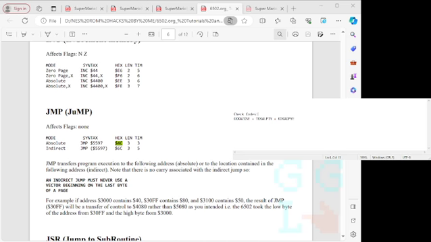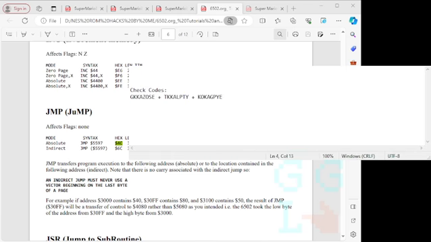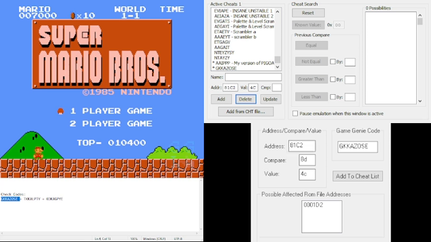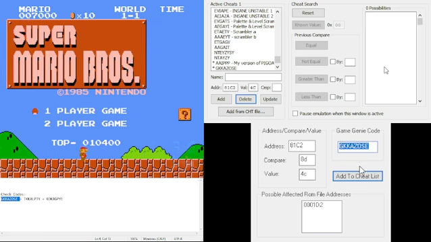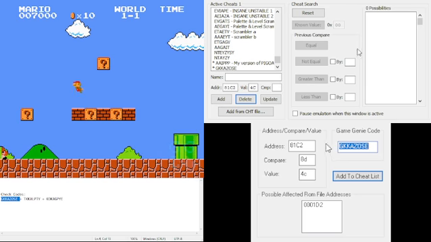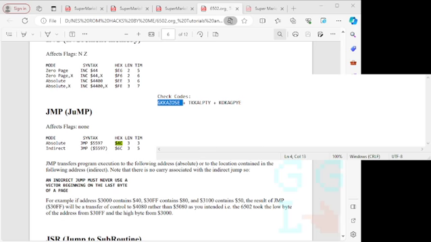And if you want, we could even check. I'm just going to go ahead and add this on this notepad right here, and let me increase that so you can see a little better. So our first code to check is this, and looking at the Game Genie encoder, we know that this is the same thing. So that's the first code. Now for the next one, going back to the disassembly,